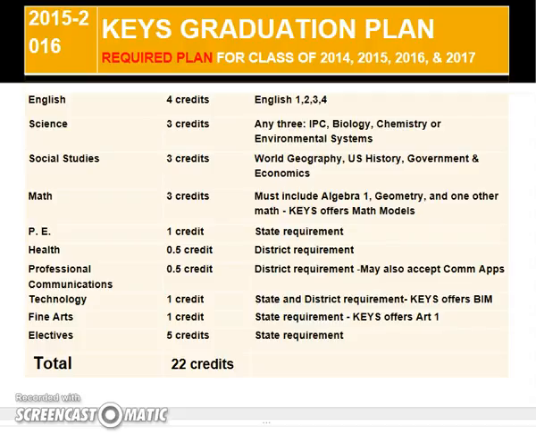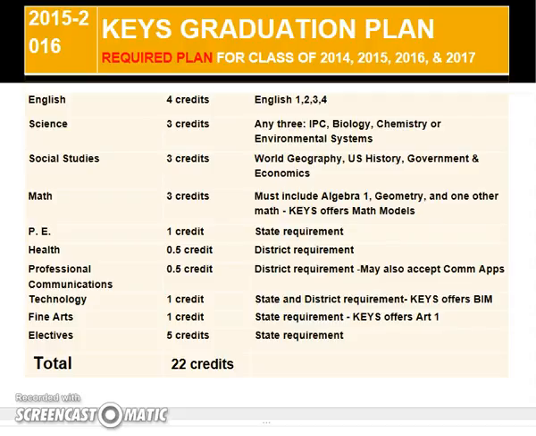First, we have the required plan. This is for the class of 2014, 2015, 2016, 2017. So basically, the graduation year 2017 and before. You can see on this list you'll be required to take 4 credits of English, English 1, 2, 3, and 4, 3 credits of science, IPC, biology, chemistry, or environmental systems,